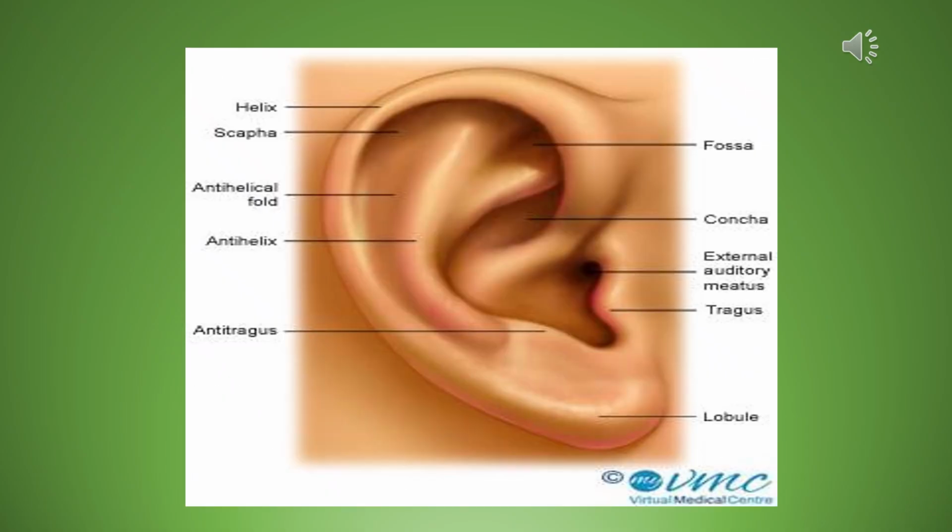Well, there are three dimensions to the space around us. We have the front to back direction, the top to bottom direction, and the left to right direction. So there are three different directions from which compressed air molecules come at our head. Well, we have positioned on the side of the head the auricles. The auricles function as a funnel, so they are able to catch the waves of compressed air molecules.